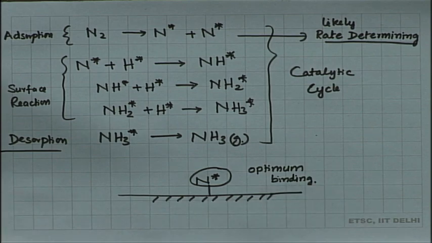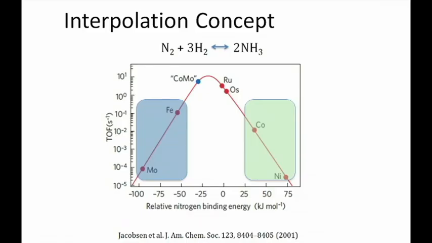So, this is the key idea, and if you think about that, you will come back to this Sabatier plot. We have certain elements like iron and moly, they are binding really strong, and then you have nickel and cobalt, and they bind relatively weaker. So, you have the green region which is binding weak and the blue region which is binding strongly. There are certain elements which are really active like ruthenium and osmium, and these elements are active because they get the binding correct. They have the binding in the right region in the middle, which is around the